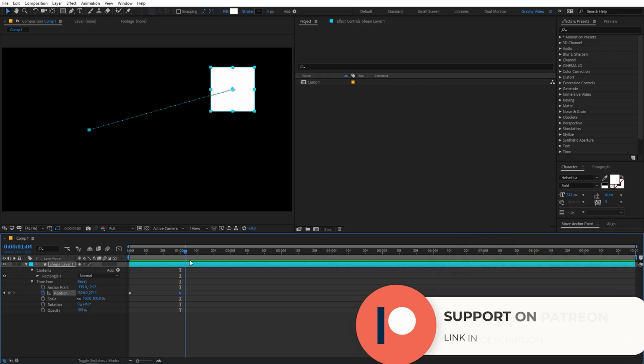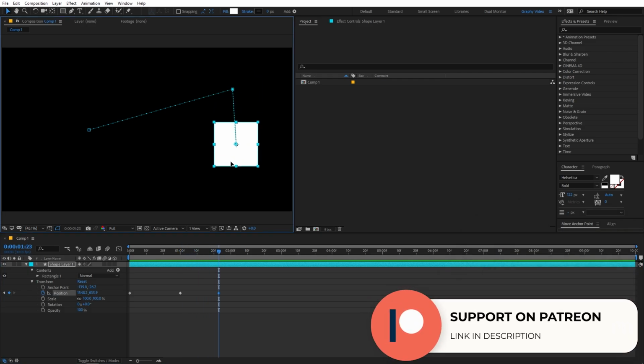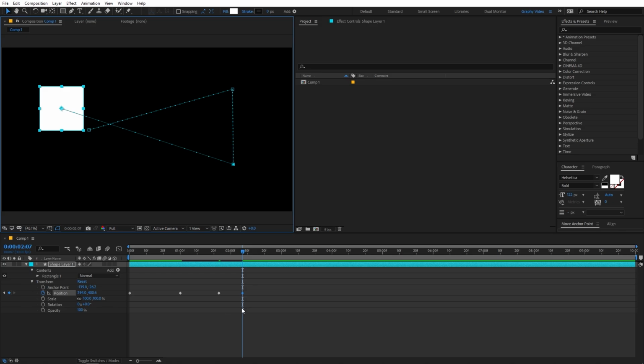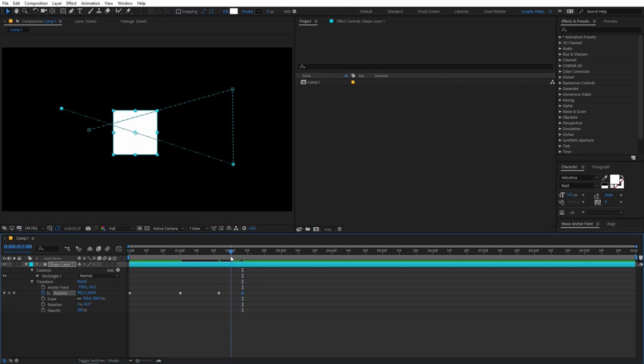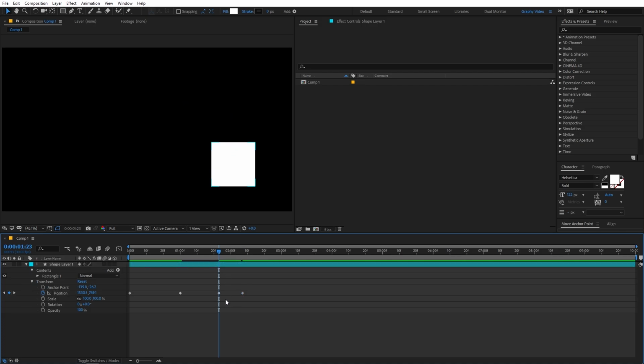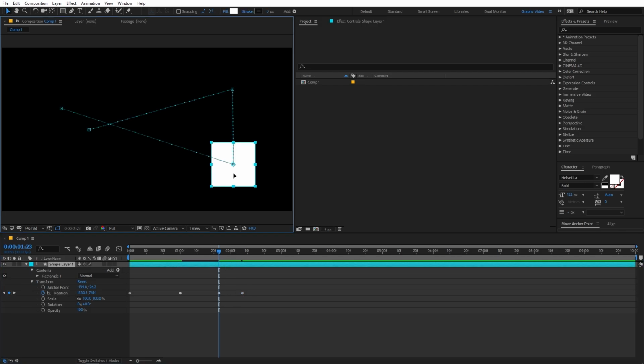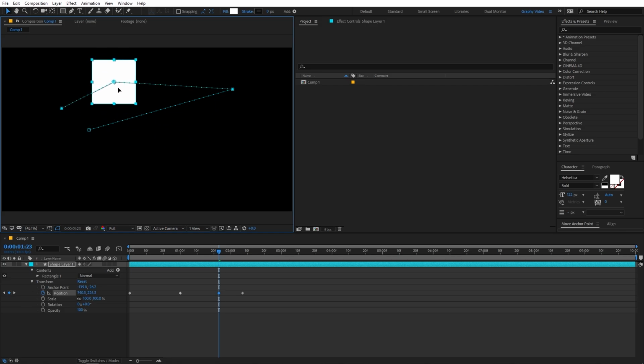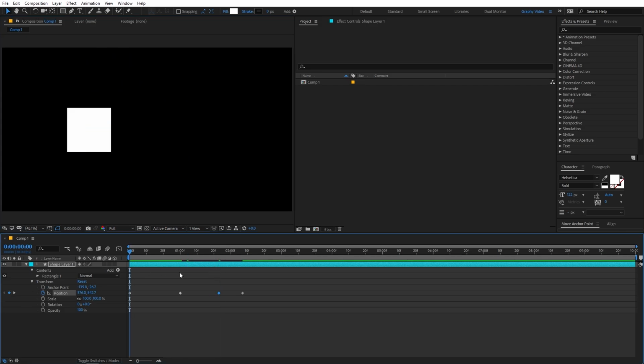You can add multiple keyframes. If I move it further apart, I can simply add a keyframe again. All you have to do is move the timeline indicator and move the shape, and it will automatically add a keyframe. If you want to change any particular keyframe, you can go to that keyframe, select the layer, and move it to wherever you want. Let's move it over here, and now if I play back, here you can see our shape is moving from that point.